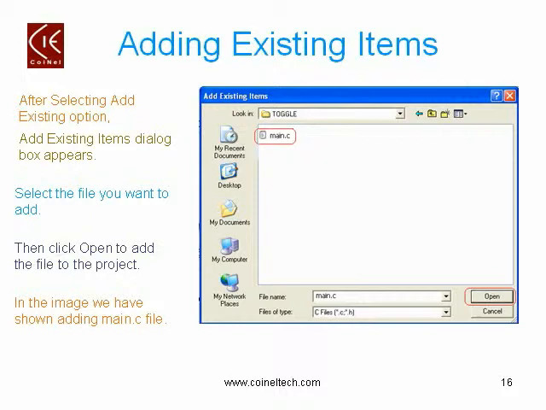After selecting the option, the Add Existing Items dialog box appears. In the project folder select the file you want to add. Here we have selected the main.c file, and then you need to click on the Open button.